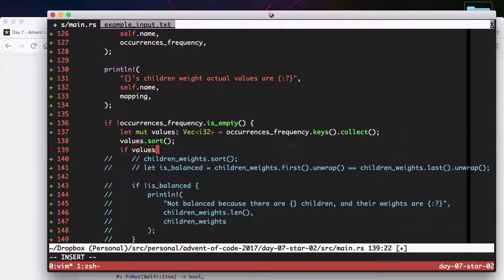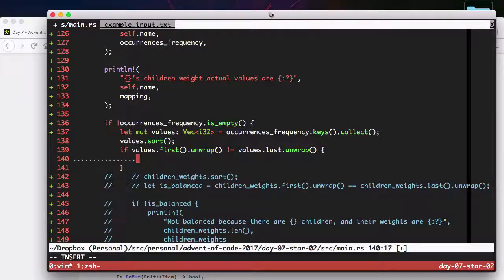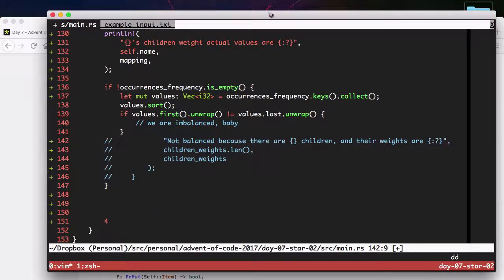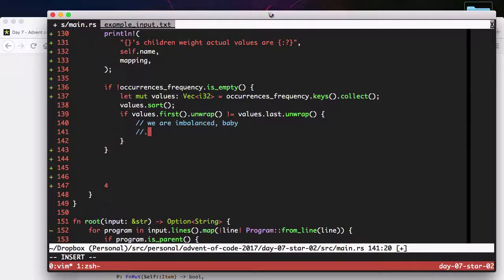Then we can say if values.first.unwrap not equal values.last.unwrap, then we are imbalanced, baby. Okay. And let aberrant value equal,